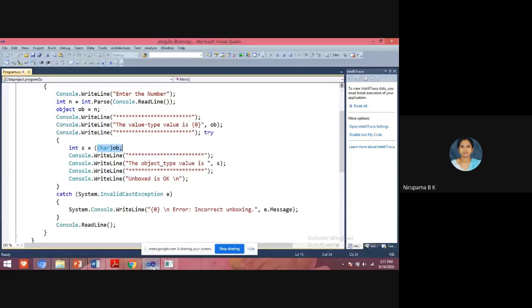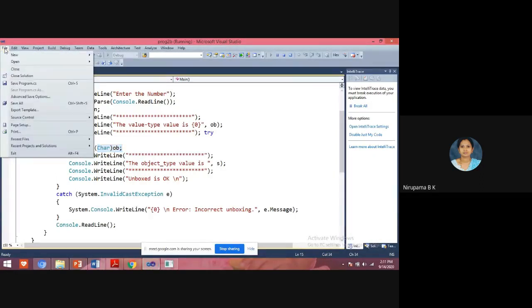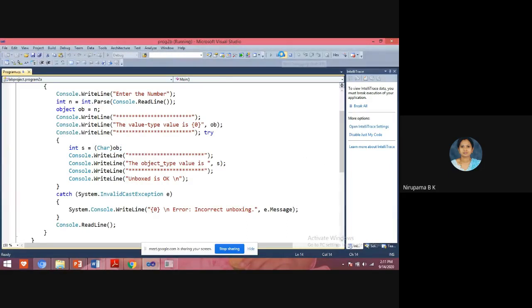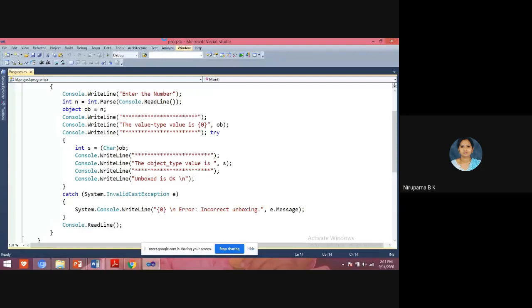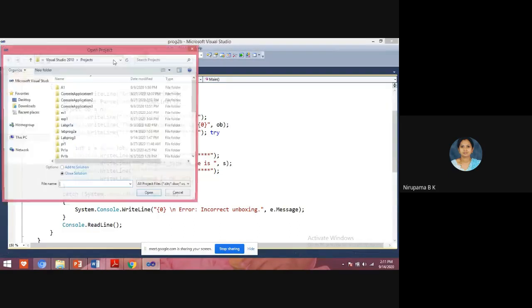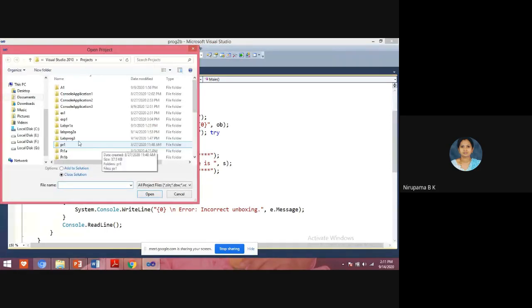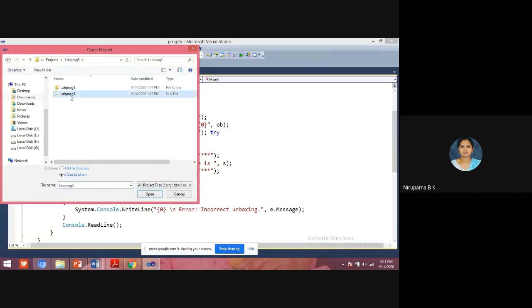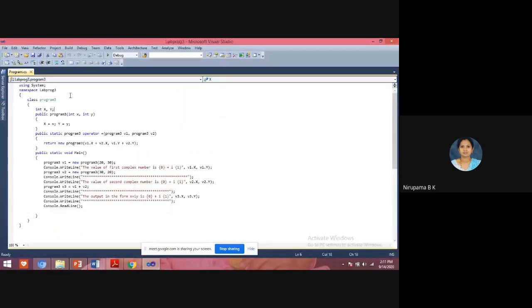Using operator overloading, add two complex numbers in Java, in C++ also you have seen. You know the logic. The only thing you don't know is how to implement it in C#. I'll show you that program. So this is the third lab program.